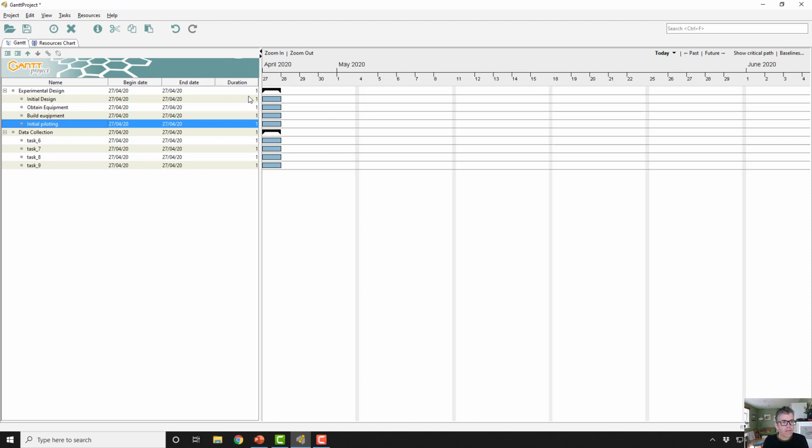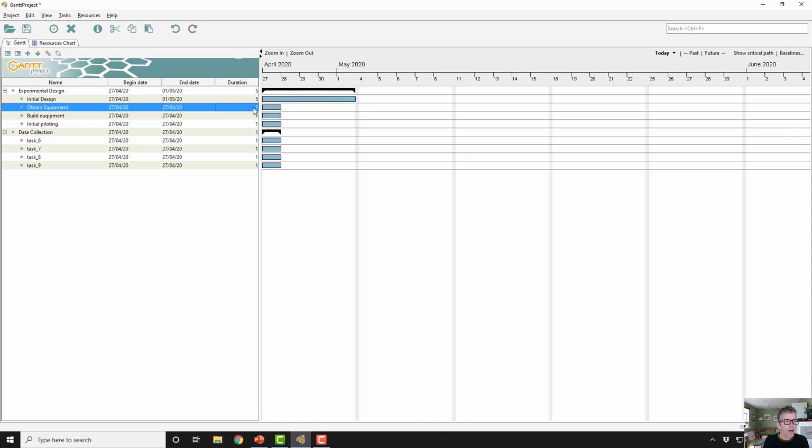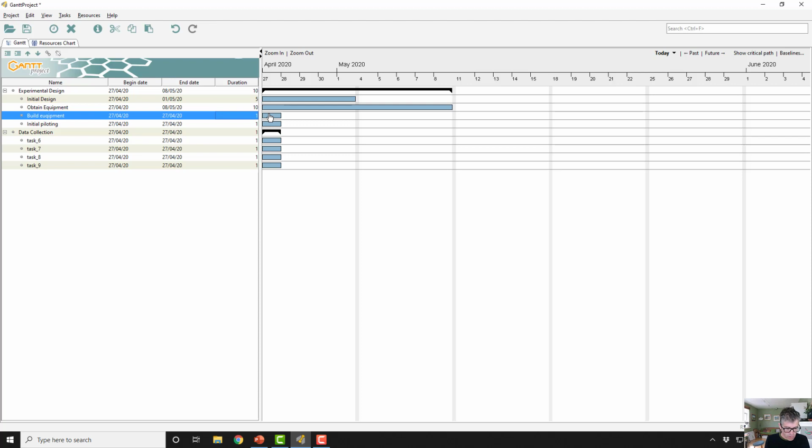So we assume that the design is going to take us maybe a week to do, so that'd be 5 days. Obtaining the equipment might take us 2 weeks to do. Building the equipment might take us 5 days to do, and then we'll do an initial pilot which might take 3 days to do. Let's just use that as an example.